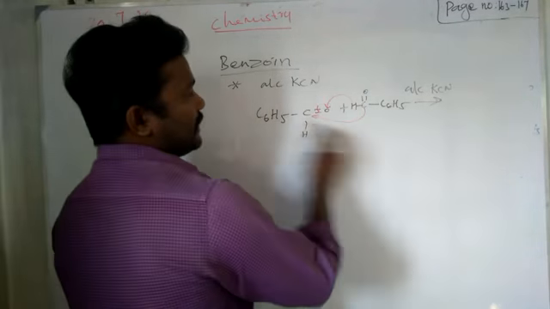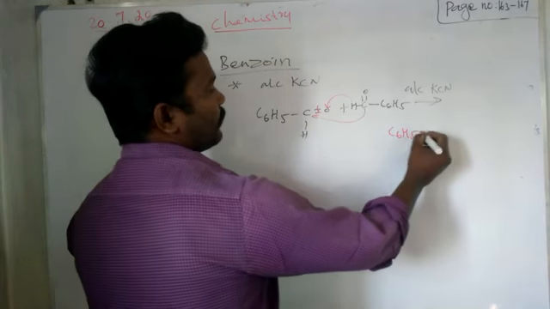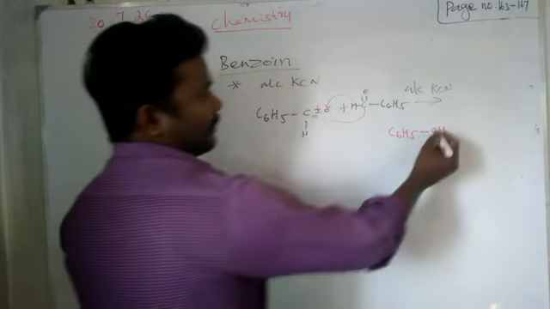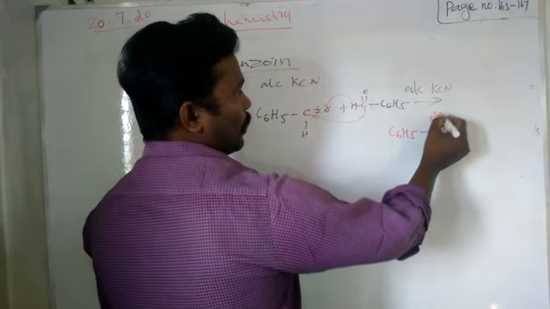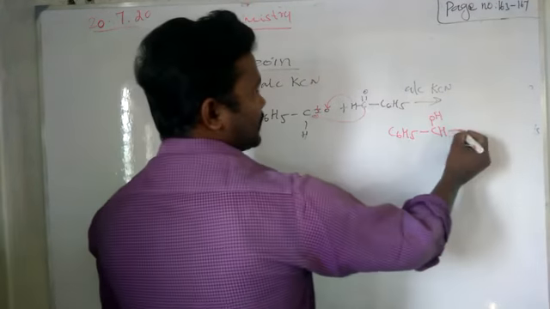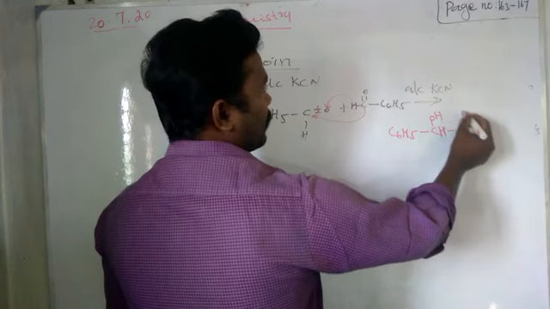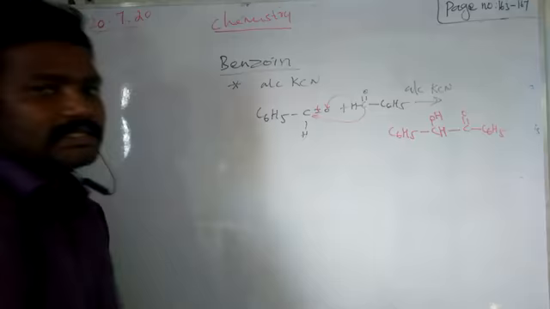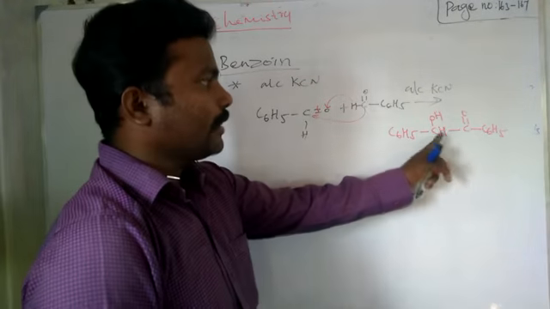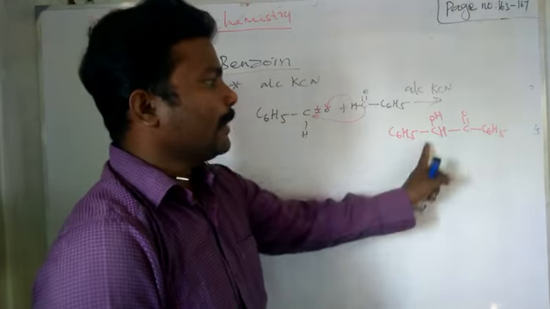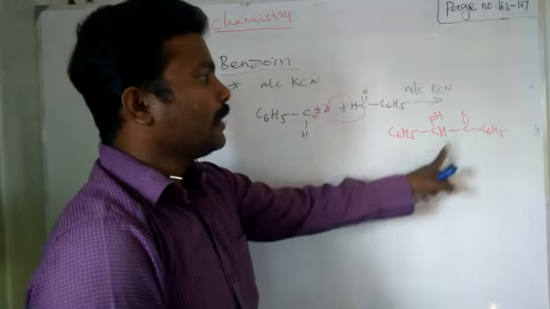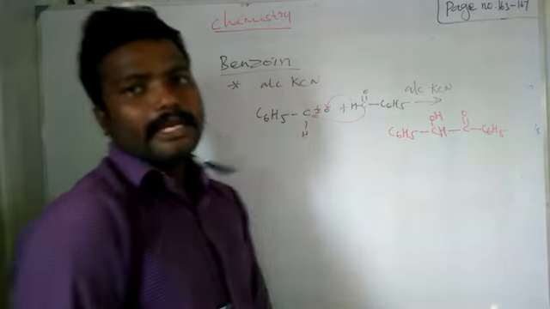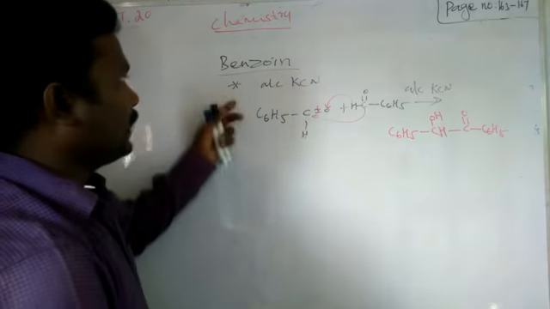What is that? C6H5 CH. There is a double bond but it becomes a single bond. So OH. So the carbon is added with this C double bond O carbon. Then C6H5. The name of the product is benzoin, or you can call it 1,2-diphenyl-2-hydroxy ethanone, because of the ketone, so ethanone, right?